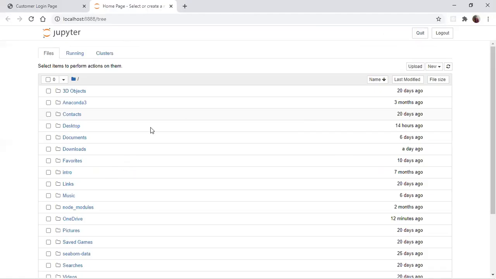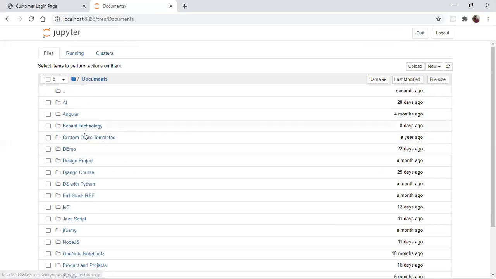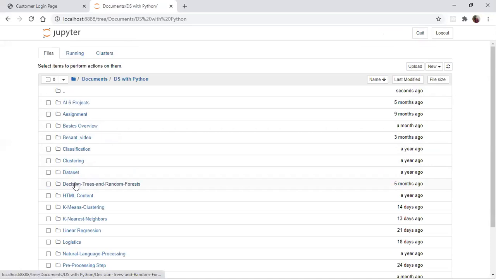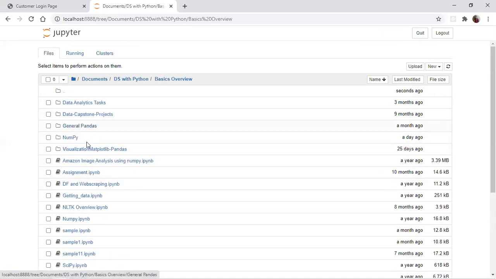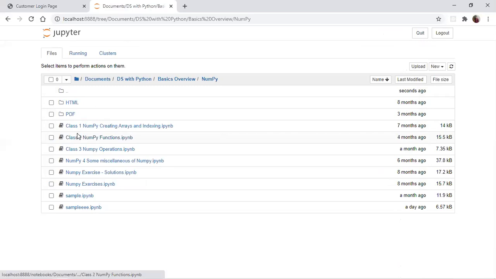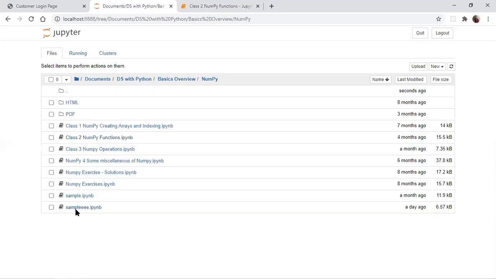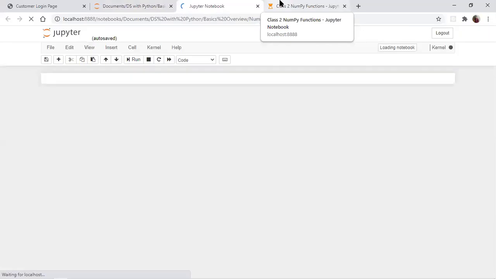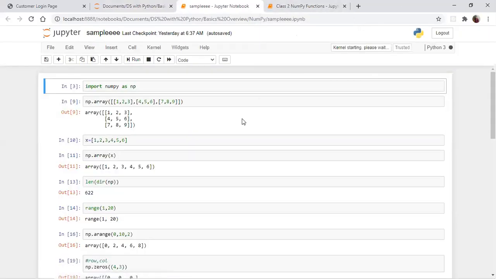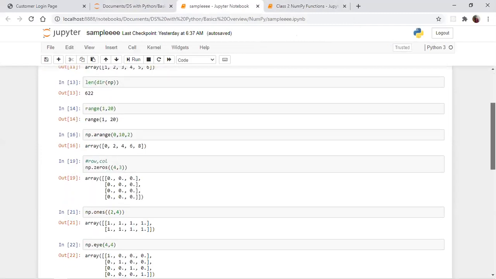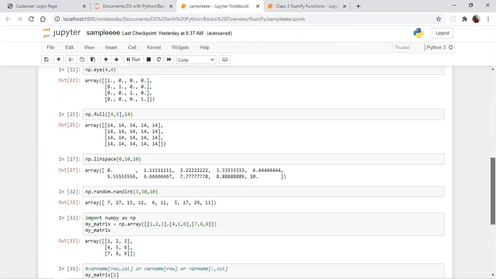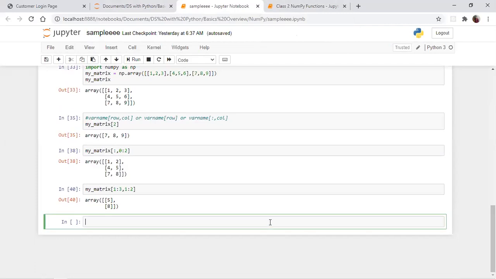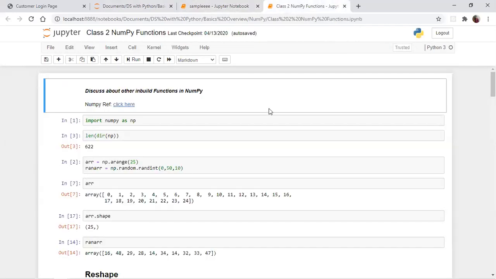So yesterday we discussed about NumPy. Today also we are going to discuss the same NumPy concept only. As we discussed yesterday, NumPy is mainly used to create arrays, matrix multiplication, those kinds of functions. We discussed arange and then ones, zeros, eye, full, linspace, everything. Now we are going to start with the next important stuff.